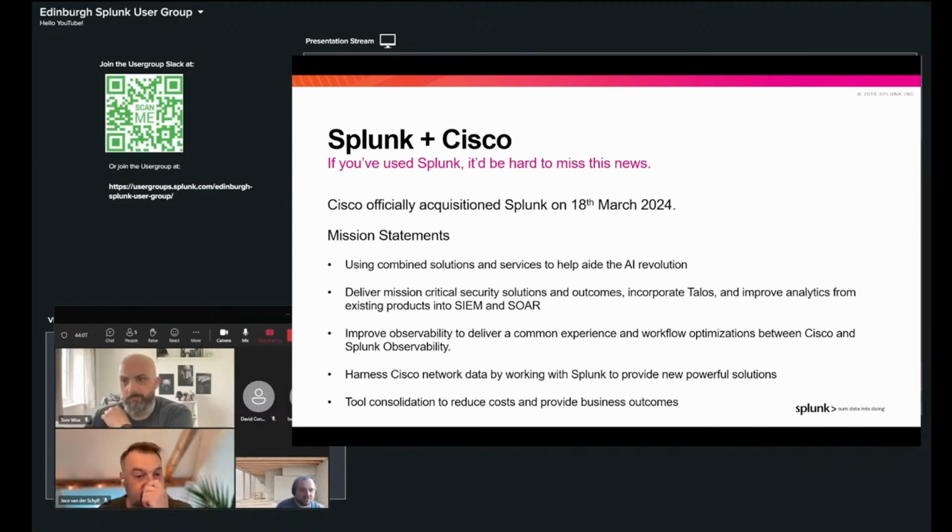I think there's going to be a sort of terminology, probably not the right word, but I'm going to create it now. It's like a melding of the two to have a common style or language that's going to be used between what we know as Splunk right now and existing Cisco tooling.